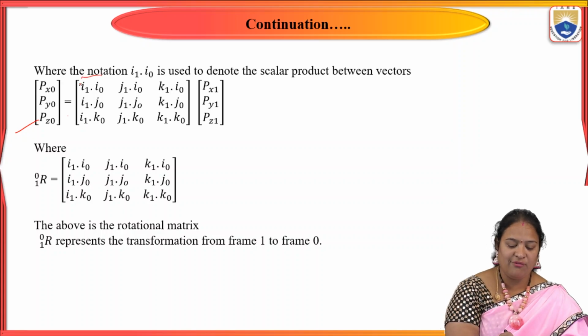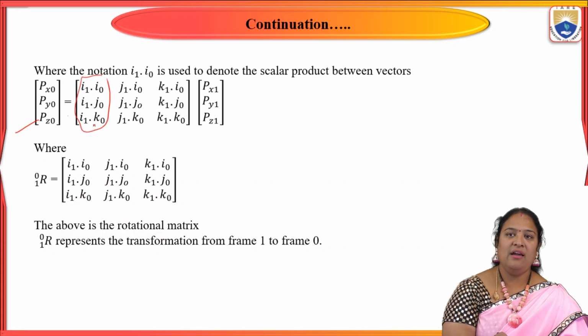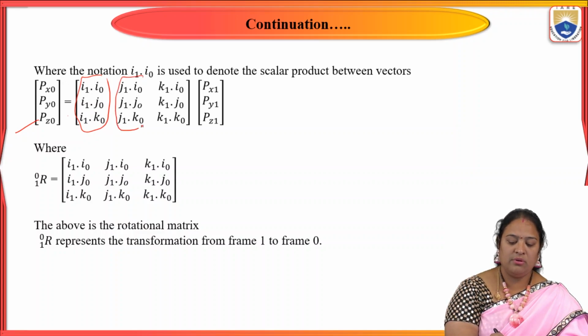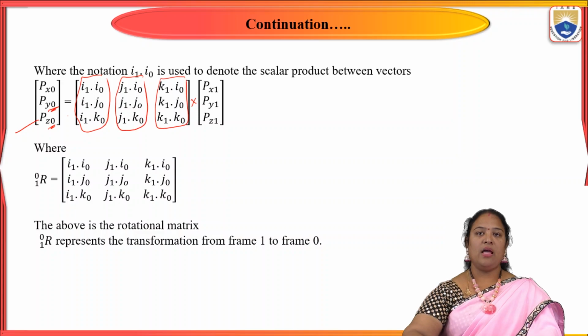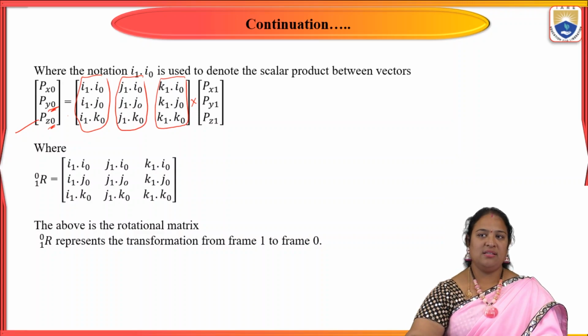That is, for column 1 we consider the vector x0, for column 2 we consider the vector j0, and for column 3 we consider the vector z0, multiplied by the frame 1 axis, that is px1, py1, pz1. Right? The frame 0 projection is equal to the